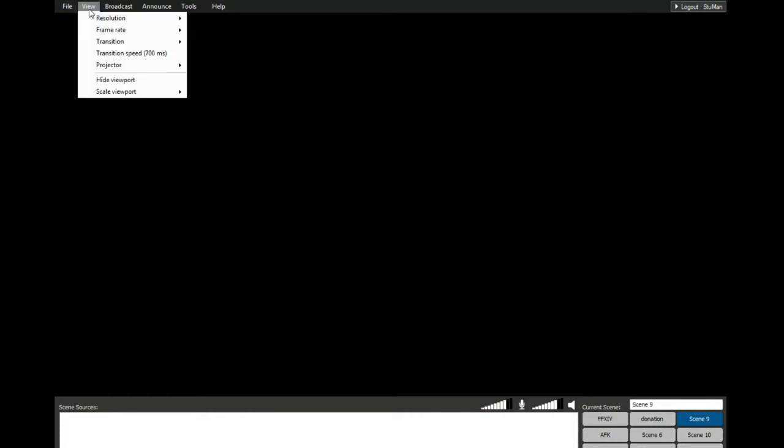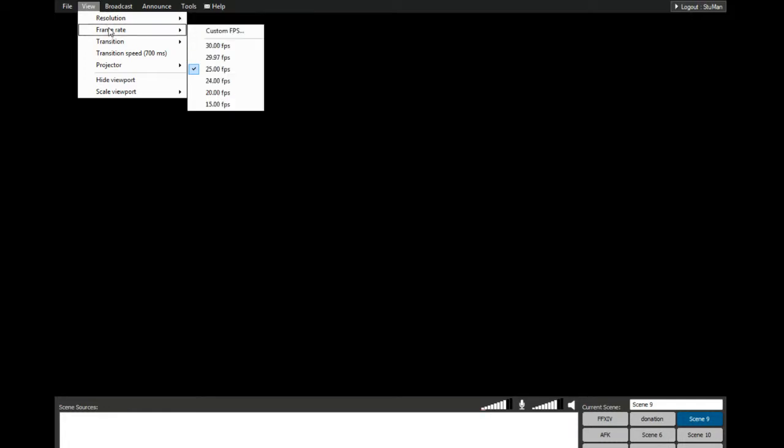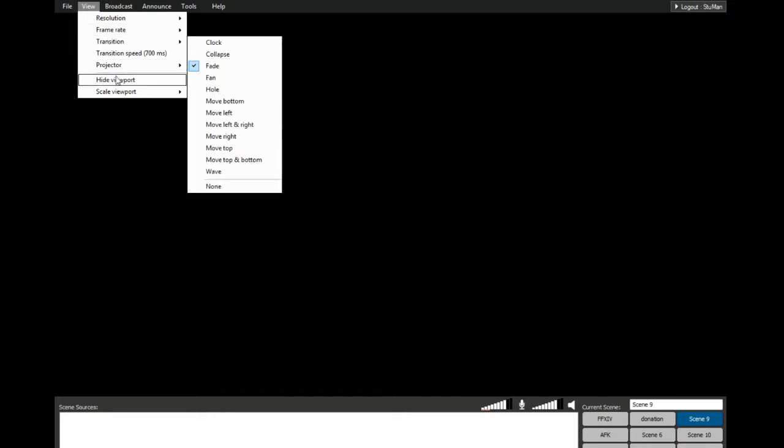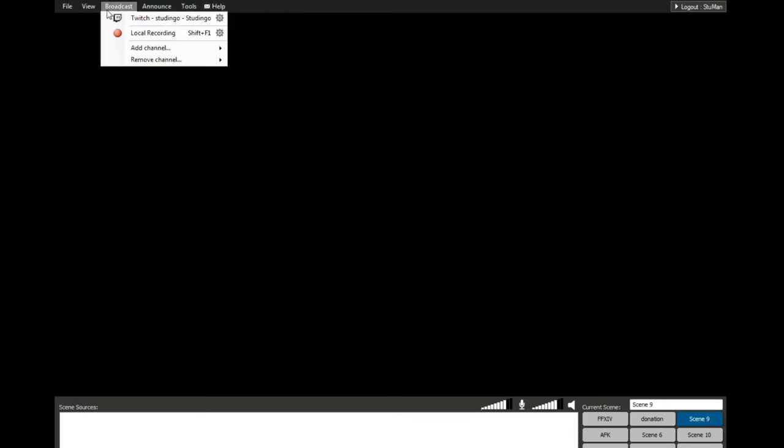I have my resolution set to 1280 by 720, which is 720p. I feel that it's a good resolution, it's got good quality. For frame rate, I know it'll surprise you, but I use 25 instead of 30. I feel there's not much of a difference between the two, and 25 lets you squeak a bit more out of your CPU. Everything else is just left default. Transition, fade, viewport, actual. Now under broadcast,